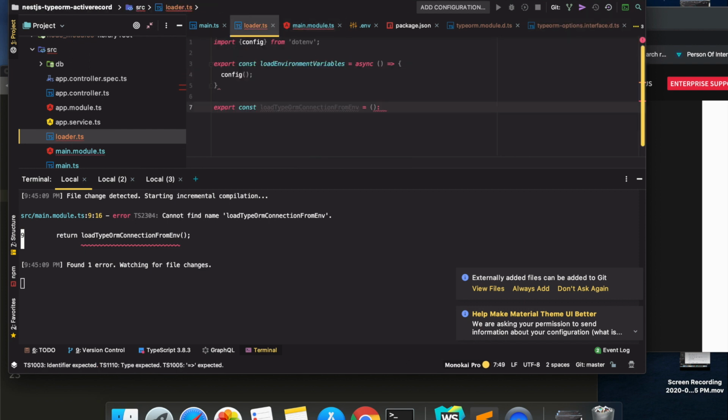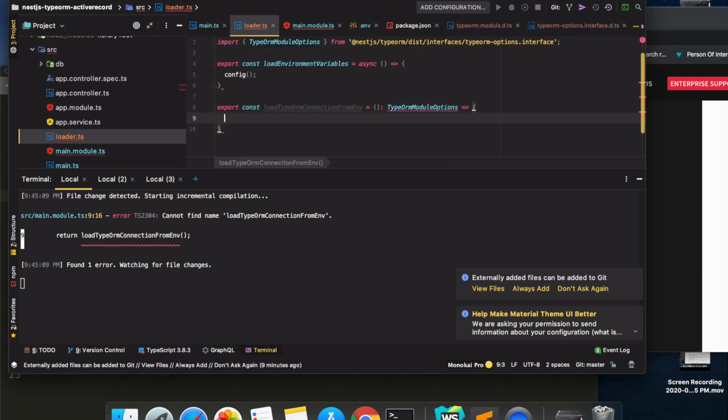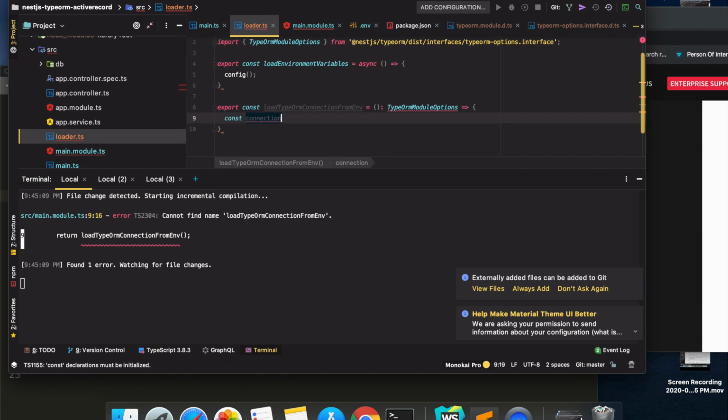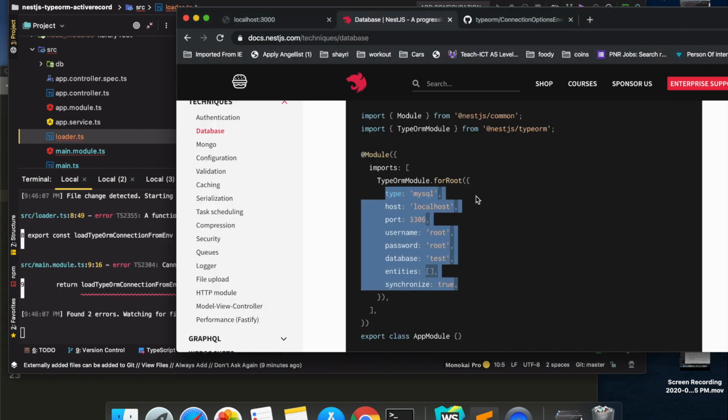So right now we can probably create this object of the TypeORM connection, and we can define this something like this, right?